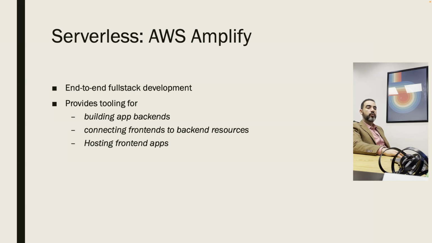Right? Same goes for database. I think the last time I checked, it creates DynamoDB databases for you. And if you want to add an API, you're just going to say Amplify CLI add API. It's going to ask you, is it going to be REST based or GraphQL? If you select REST, it's going to create an API Gateway. And if you select GraphQL, it's going to create an AppSync